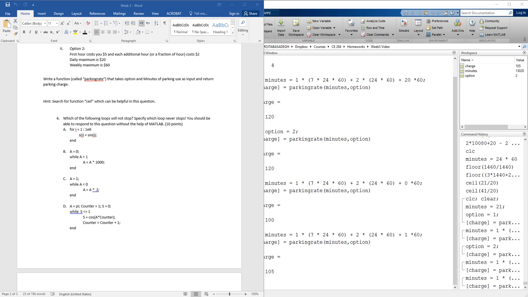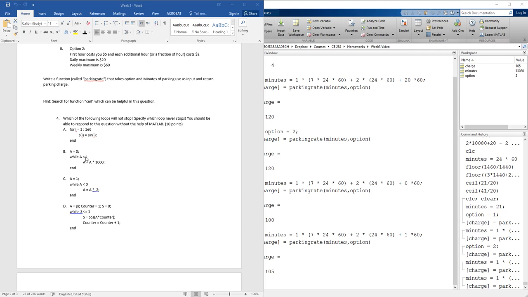All right, now let's continue on with question number 4. Which of the following loops will not stop? So if you remember, we talked about this. For loops, there's always a starting point, there's always an ending point. So for this one, it will loop from i equal to 1 to i equal to 10 to the power of 6, which is a million, but it will stop. This one is saying a equal to 0, then while a less than 1, a is equal to a times 1,000, and